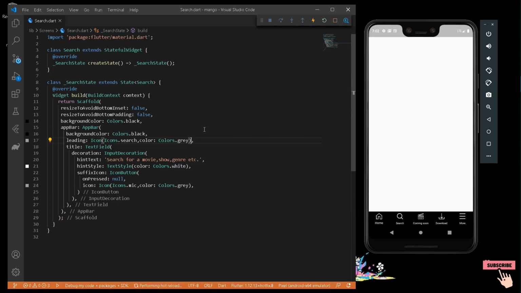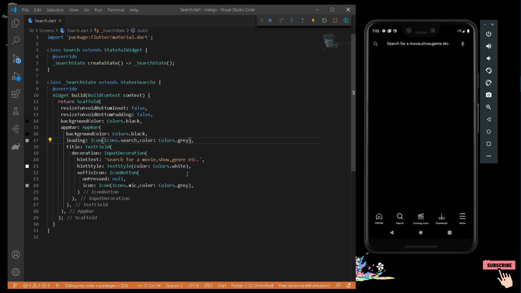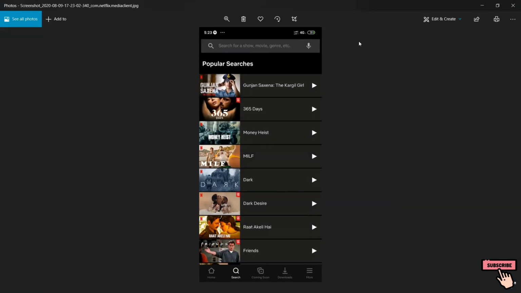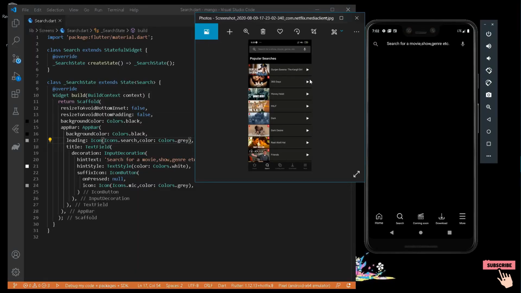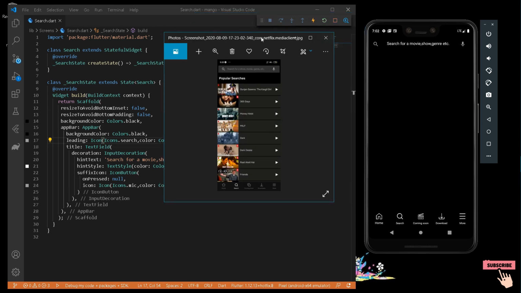Okay, press Ctrl and S. Cool. So we have this following thing here. Now you may see that there is a difference of color shade between our Netflix prototype as well as the actual app, but it's up to you how much you want to match your code to Netflix as well. The customization will be totally dependent on the total time you have, and in our following Netflix clone series we have limited time, so we won't be able to match all the particular colors. But you can do one thing, that is find a particular color for the particular widget and match them as well. But for now we'll be just going with the black color for our choice.